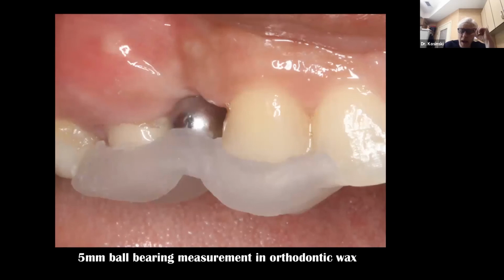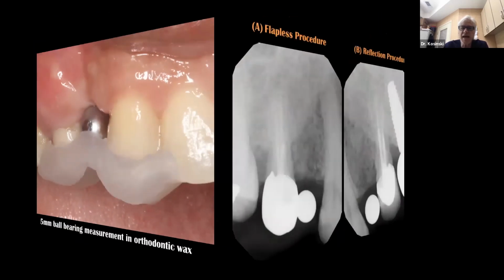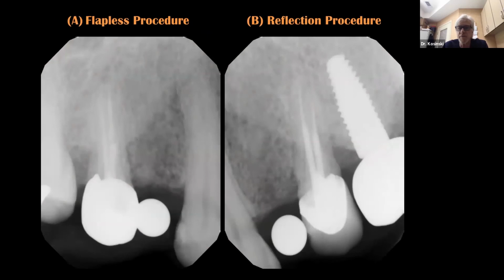So where I would begin is to determine the amount of available hard tissue or bone that we have. I will take a 5mm ball bearing. We purchased these from Salvin Dental in Charlotte, North Carolina. And we simply fill it with some orthodontic wax. And we're simply putting this 5mm ball bearing, it's very precise, in the edentulous space. And this will allow us to actually make a measurement. And you can see how the radiographs change depending on the angulation of the